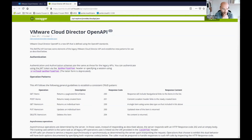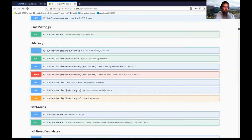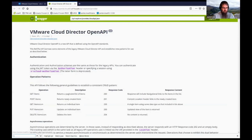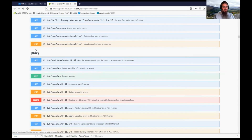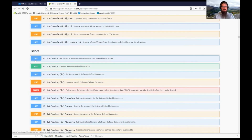Right. So in this, there is an endpoint for SDDCs, and let's see if I can find them. There we go. So there's the endpoint for the proxies, so that you can create and manage the proxies. And there's the endpoint for the SDDCs. So if you use your own API client or Postman, or want to do your own automation around that, you can use this GET and then SDDCs to